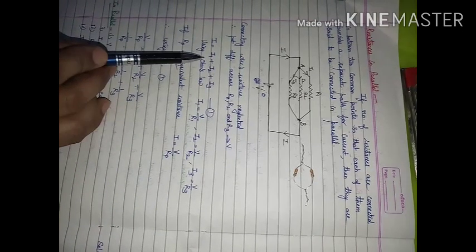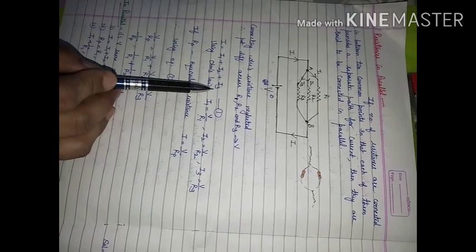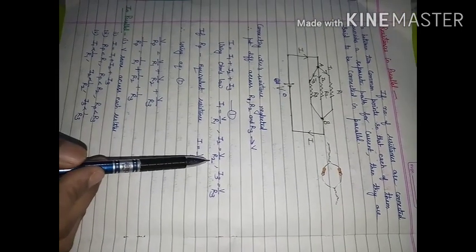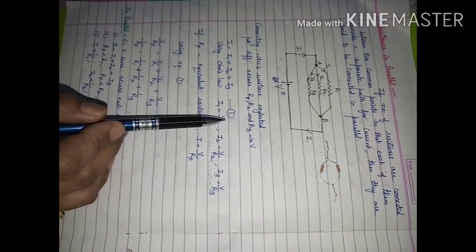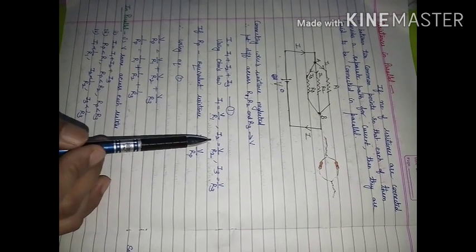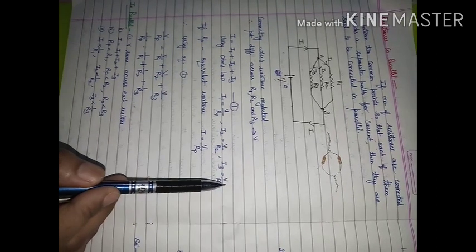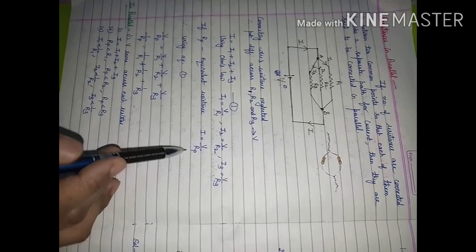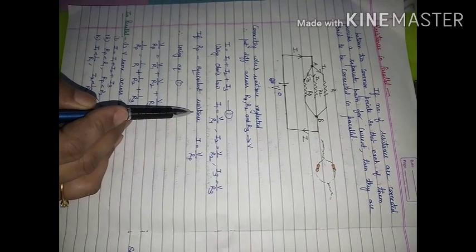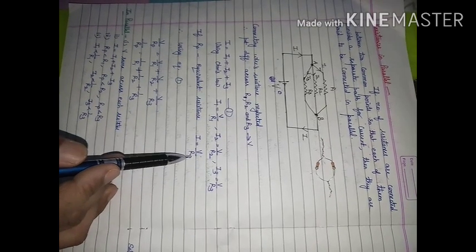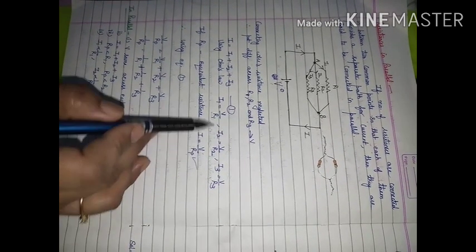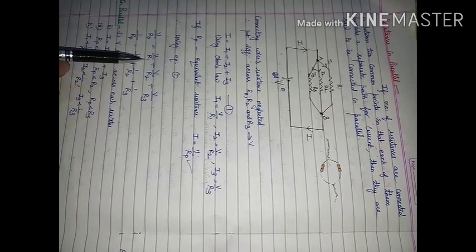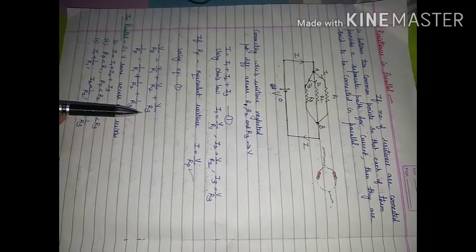So I will be equal to I1 plus I2 plus I3, and using Ohm's law, I1 will be equal to V upon R1, I2 will be equal to V upon R2, I3 will be equal to V upon R3. If we consider for this combination, Rp is representing the equivalent resistance or net resistance, then I will be equal to V upon Rp. Using these relations in this equation, we will get V upon Rp is equal to V upon R1 plus V upon R2 plus V upon R3.